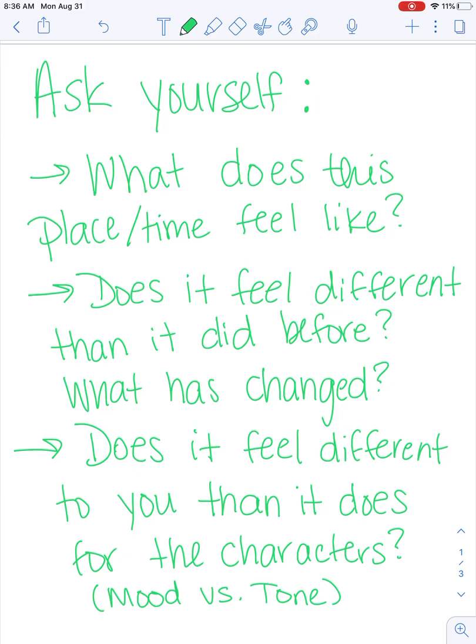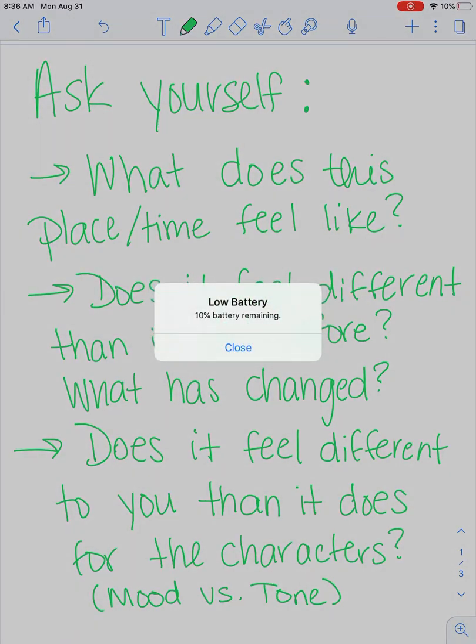The mood you get, the feeling you get, is going to be different than the tone or the way that the character is expressing their feeling, because you might know something the characters don't know. Because they're in a story, you might have some information they don't have, so you might get a different feeling than your characters get. So mood and tone can be different.